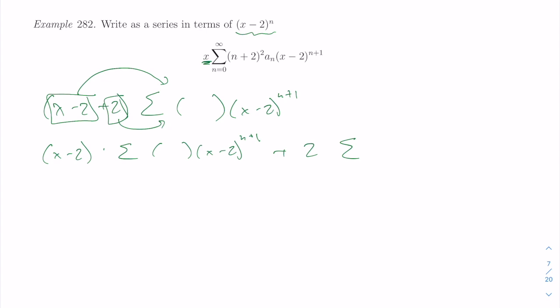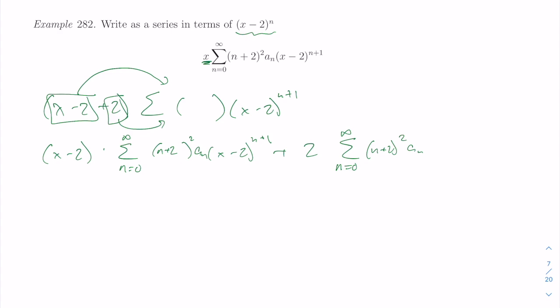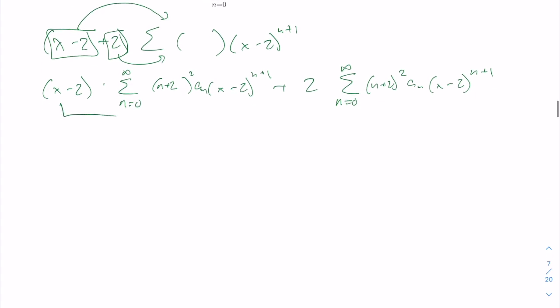Let's go ahead and fill it in now. N plus 2 squared, a sub n, n equals 0 to infinity. N plus 2 squared, a sub n x minus 2 to the n plus 1. This is why I didn't start by adjusting this one, because I was going to have to do some more adjusting anyway. Now this thing goes in, and I get